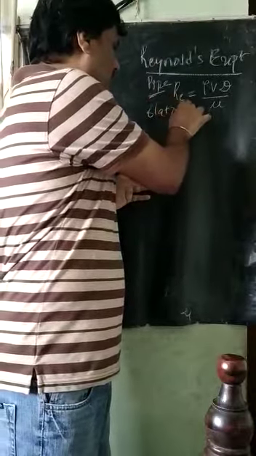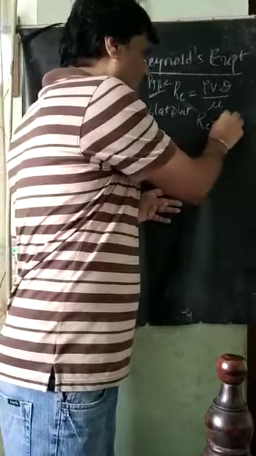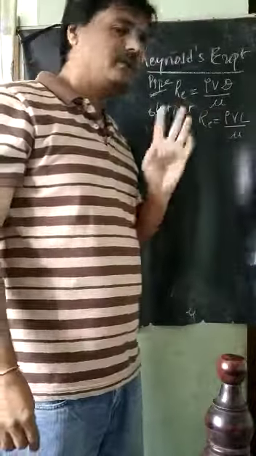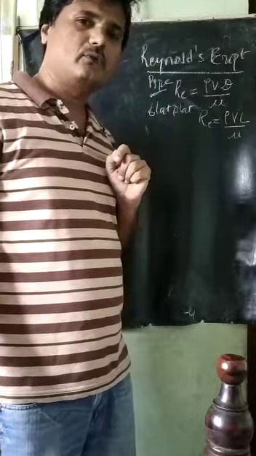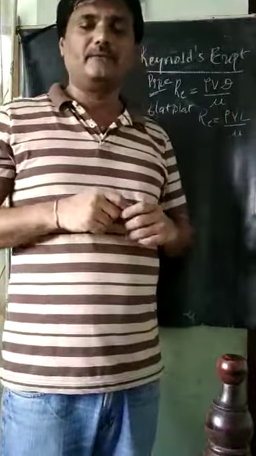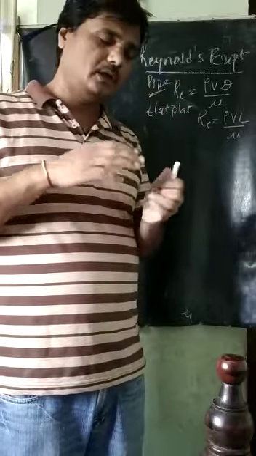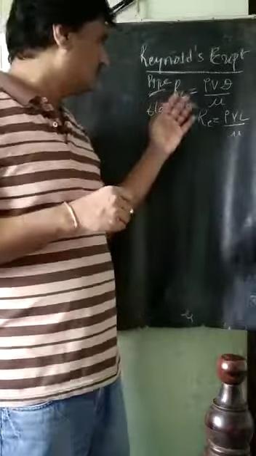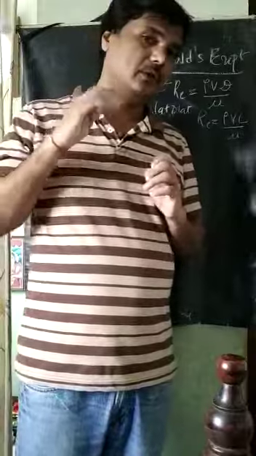For a flat plate, the Reynolds number Re is equal to rho V L divided by mu, where rho, V and mu are the same as before. The rho and mu are the properties of the fluid, V is the average velocity of the fluid on the flat plate, and L is the characteristic length of the plate. If it is moving along the length of the plate, L is the characteristic length. If it is moving along the width, then L will become the width. So this is about the Reynolds number. It signifies whether the flow is laminar or turbulent.